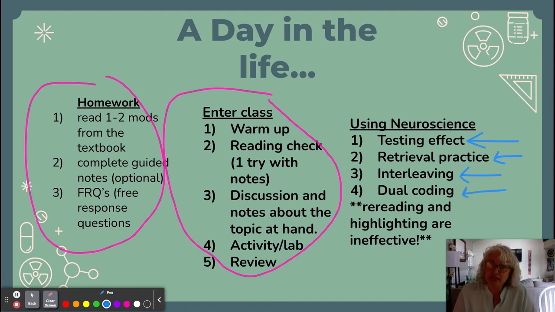And then finally, dual coding. This has to do with vocabulary. So understanding words in more than one way. So don't just have a definition. A fun way to do this, an example would be to take note cards, put the words or the phrases on the note cards without definitions on the back. Then you roll a dice. Let's say you get a 4. You're going to pull out 4 random cards. And then you have to either organize them in some way that makes sense, you have to connect them in some way. So dual coding is really important. So pictures, mnemonics, anything that codes that word more than one way is really important.